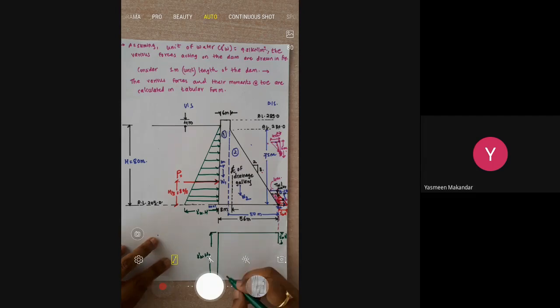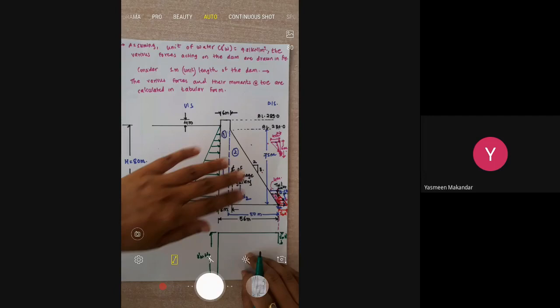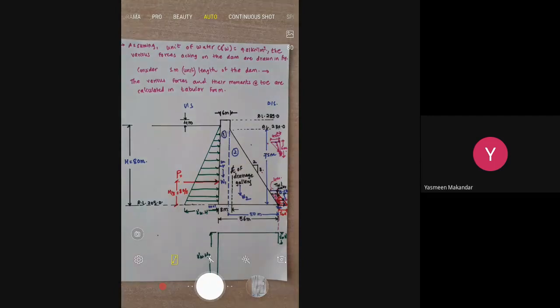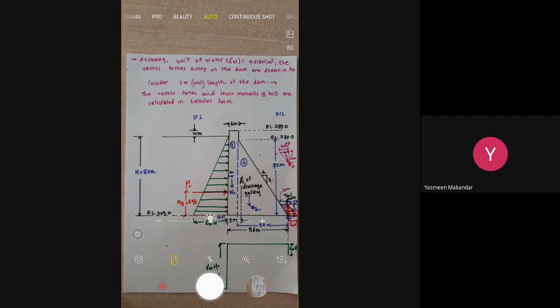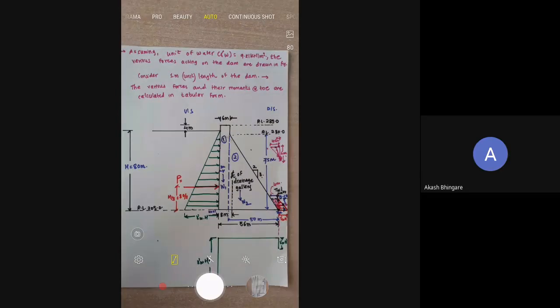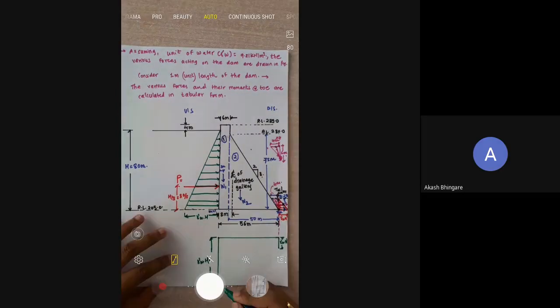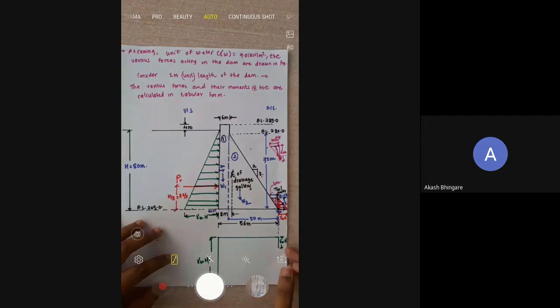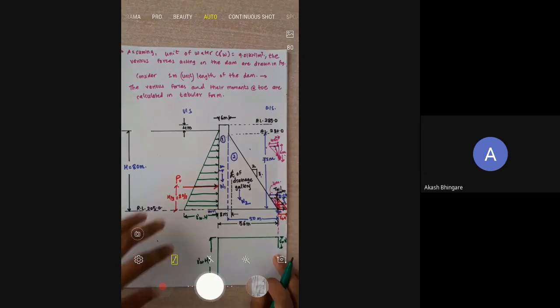Now, say this drainage gallery was not provided, in that case, we would probably... Yes, Anand replies that stress at toe is more. That will be with regards to the total stresses that get developed. I am only asking right now about the uplift pressure that will get developed. So water is stored on the upstream and on the downstream side.